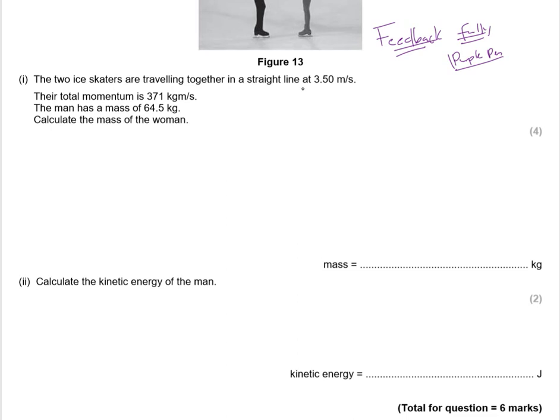Now we know that the total momentum in this case is these guys. So we have two skaters traveling together, so two of them are together, okay, in a straight line, and the velocity is this one here. Now let's take a look. So we've got two skaters, one and then two. Okay, they're going together. The velocity is 3.5 meters per second. Okay, so that they are together tells us that the total momentum